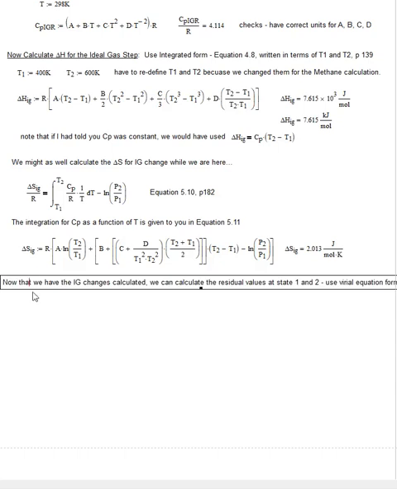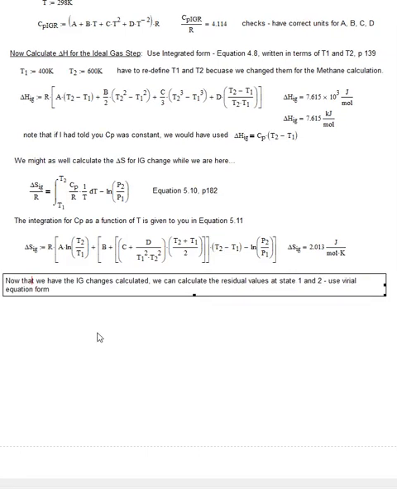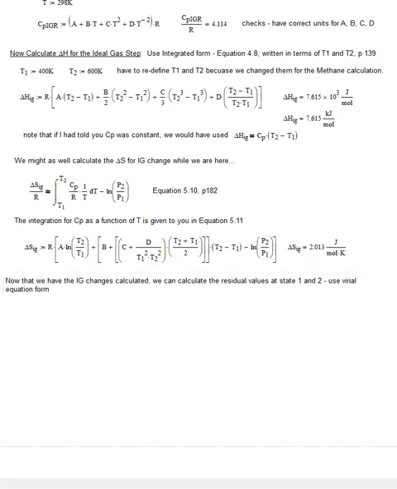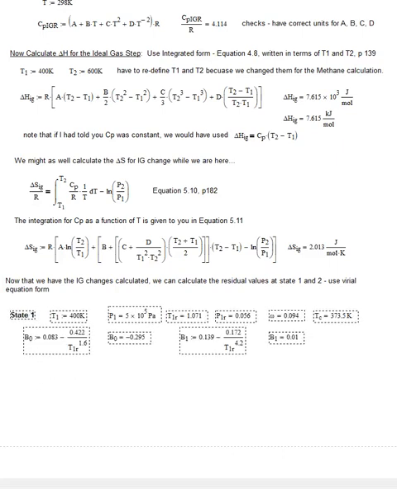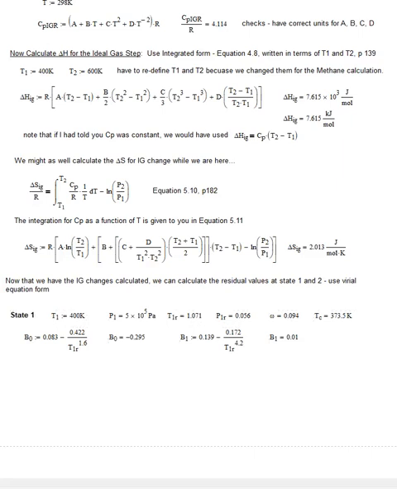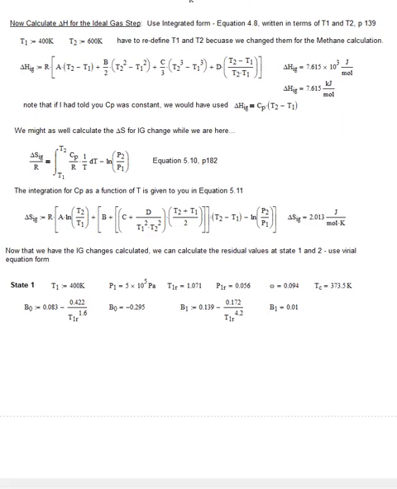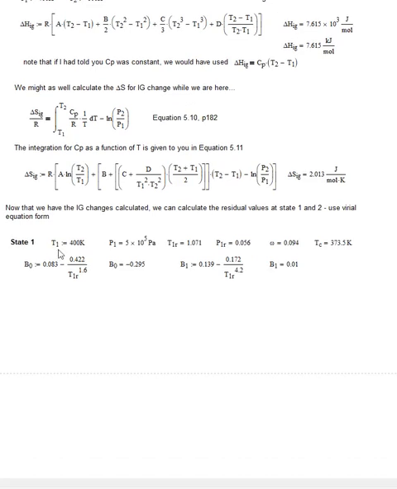So now we have the delta S and the delta H for the ideal gas state. Our next step is going to be to calculate the residuals. And so remember, for these residuals, we're going to use a virial equation form. We've already gone through these calculations with steam, so I'm not going to spend a lot of time doing it. But I've got my temperatures, my pressures, my reduced temperature, my reduced pressure